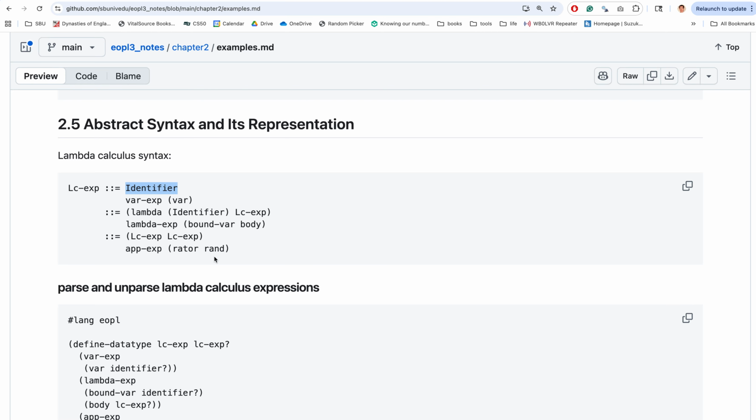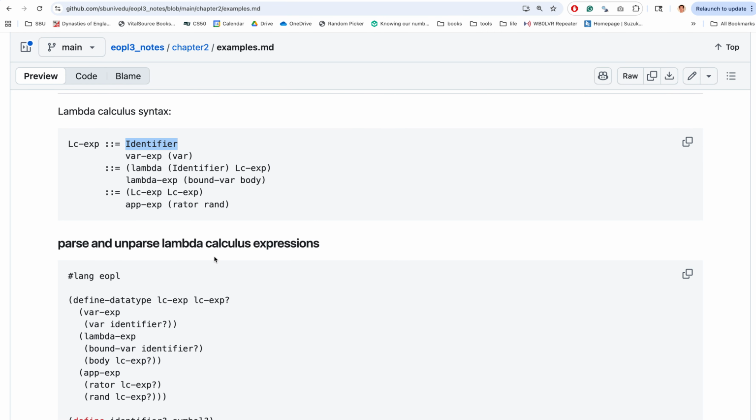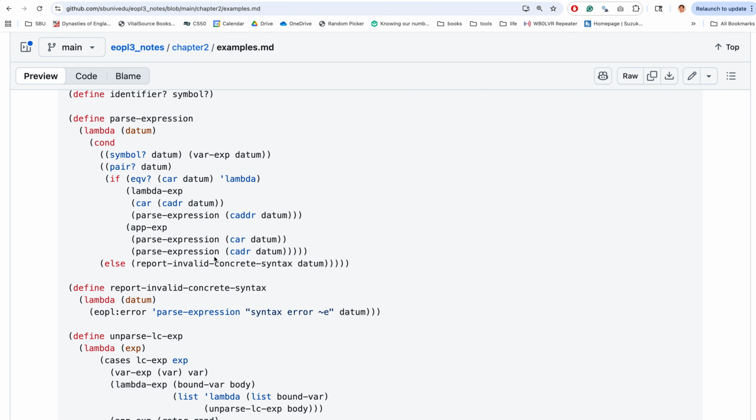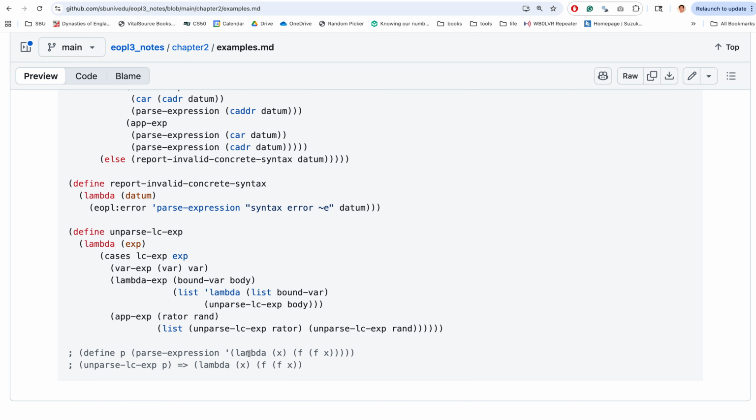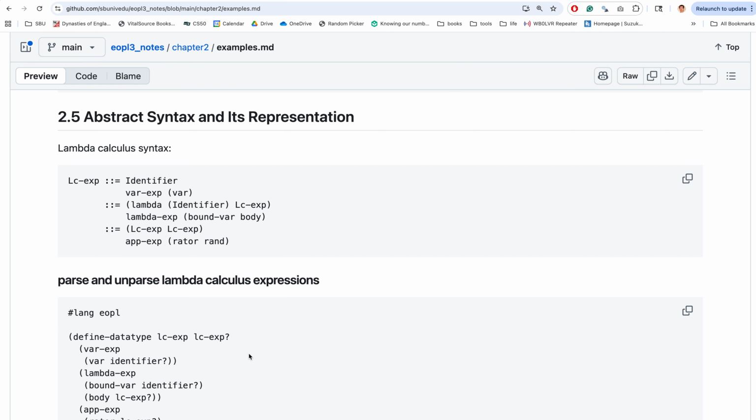So here is the example. In the end, we want to be able to represent this kind of code as an internal data structure. This is quoted, so this is like a program, right? This is like a stream of letters, and then in the lambda calculus syntax,